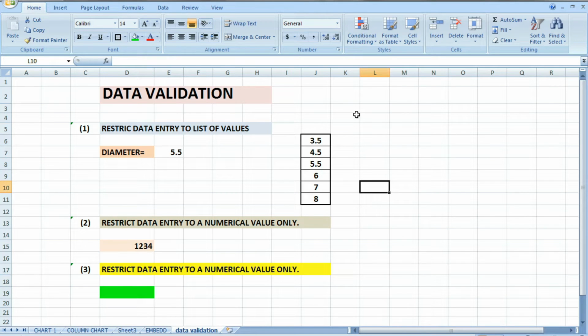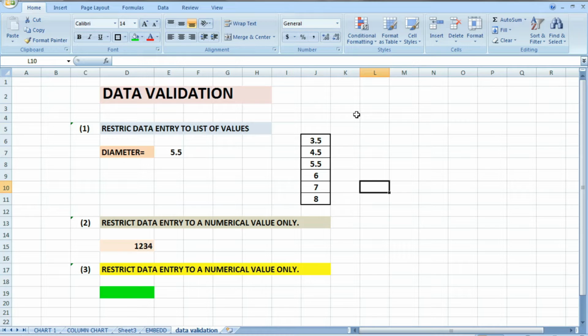Hello friends, in this exercise we are going to learn data validation. What is data validation? It allows you to set up restrictions for the values that can be entered into a cell. That is, restriction of data entry into a cell.